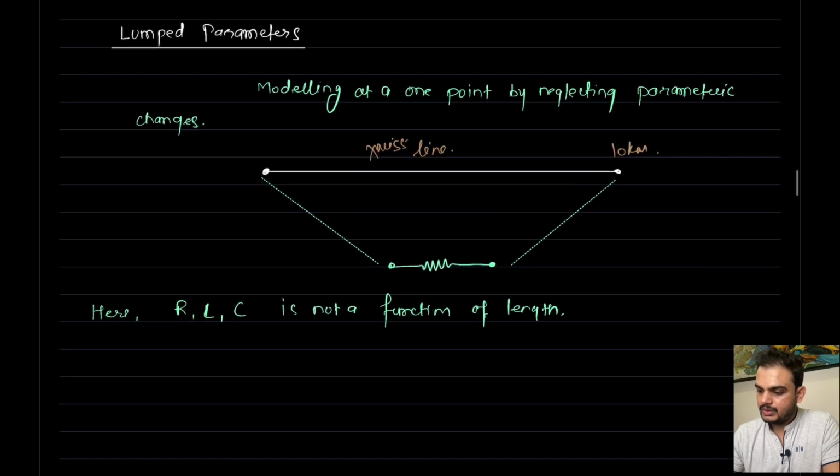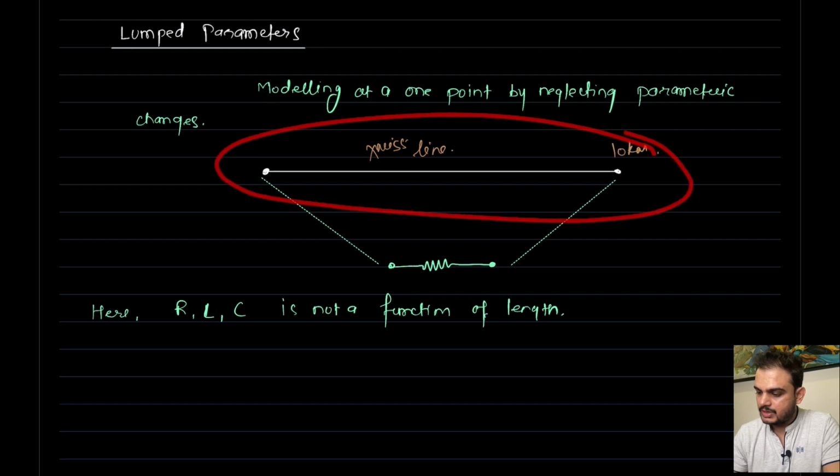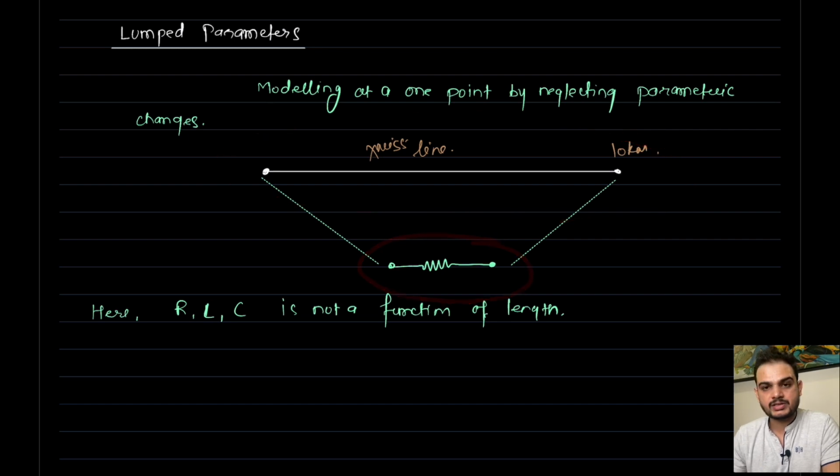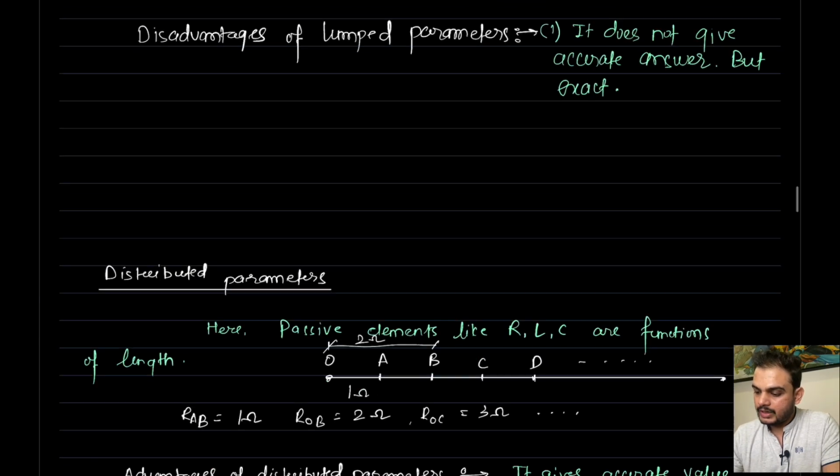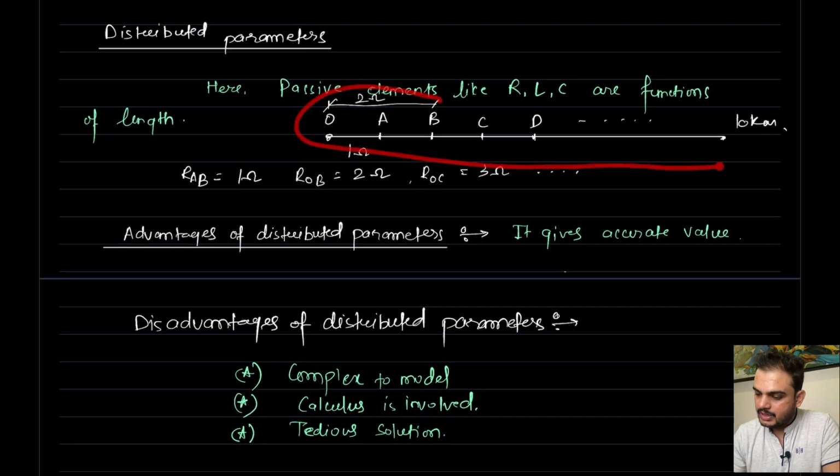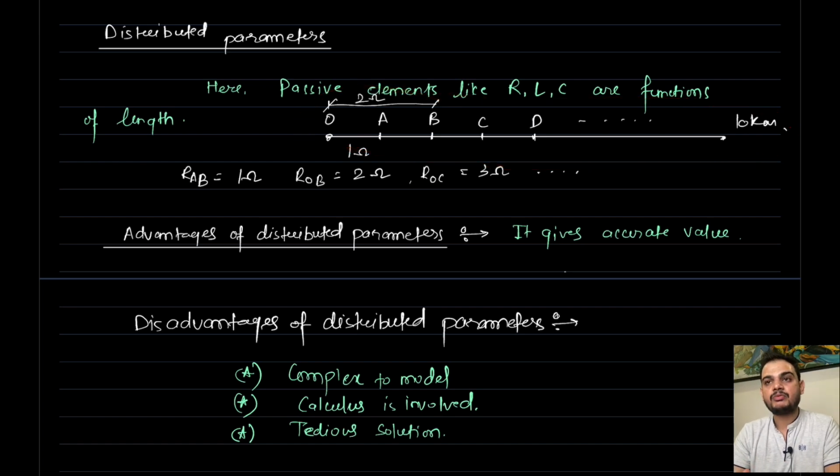Here you can see this whole transmission line is represented with just a single resistor. So this is a simple representation. But in the distributed model, this total 10 kilometer transmission line will be divided into 10 sections, and there we will use calculus as a mathematical part, which is a complex mathematical subject. Here tedious differential equations will come into the picture, which is complex to model. The analysis gets complex, things become complex.